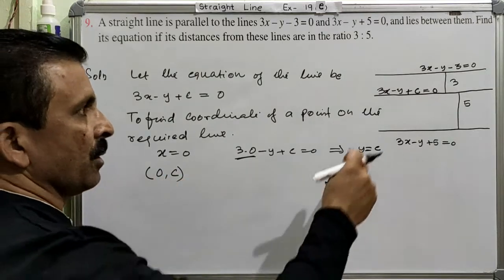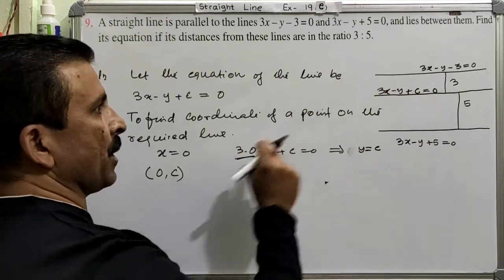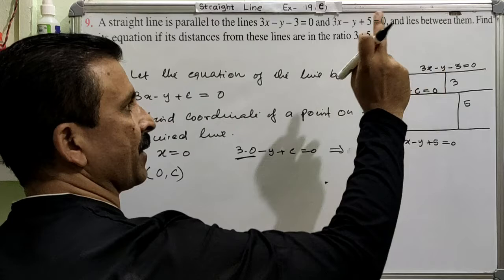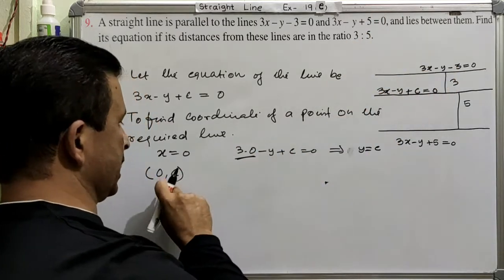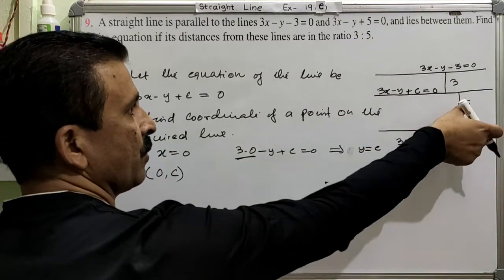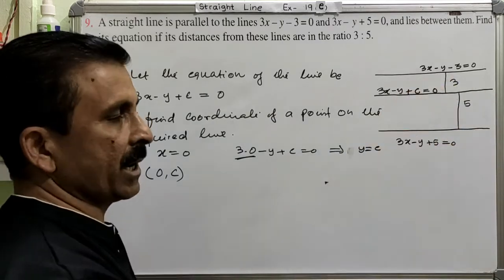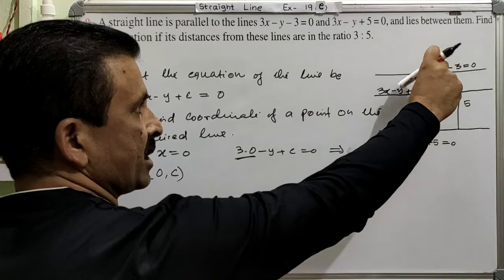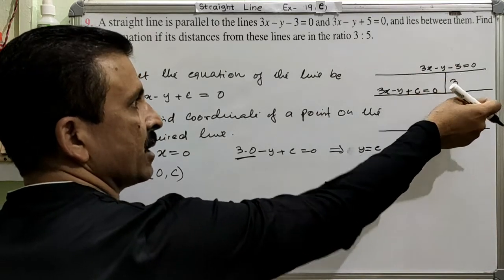Clear? So this coordinate, this point is on this line. So using this coordinate and this equation, we can find out the distance between these two. And using this coordinate and this equation of line, we can find out the distance between these two lines. Clear? And according to the question, the ratio of this distance to this distance is equal to